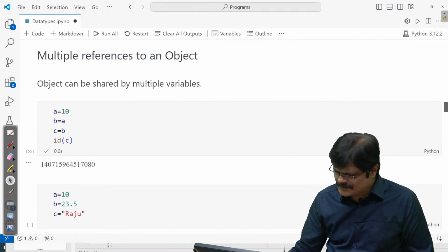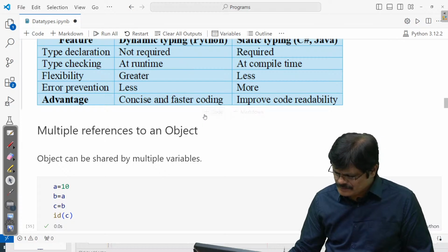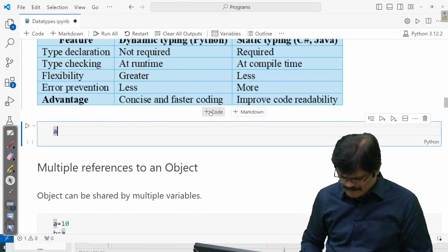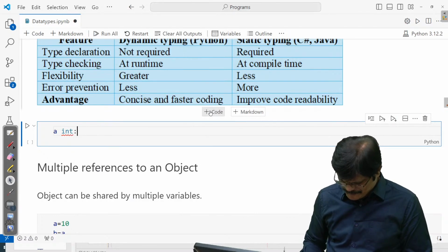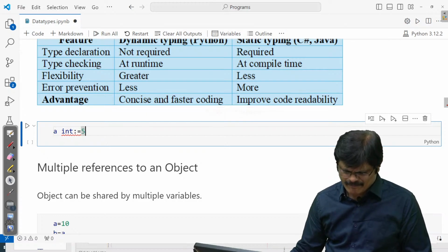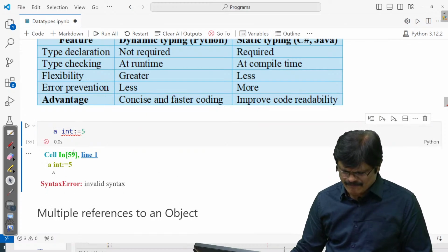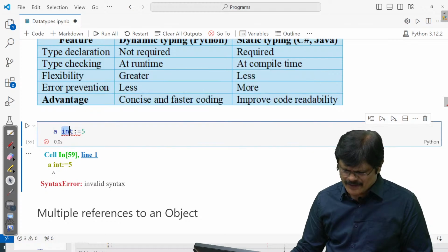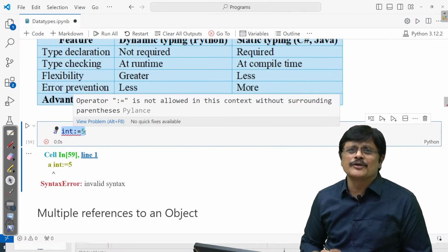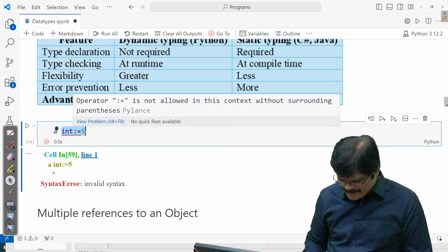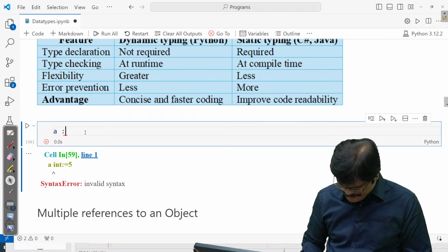Just let me go down. I think there is something called attributes which can be given, like int 5, something like this we have. I didn't remember, but